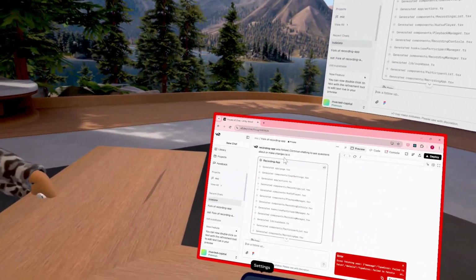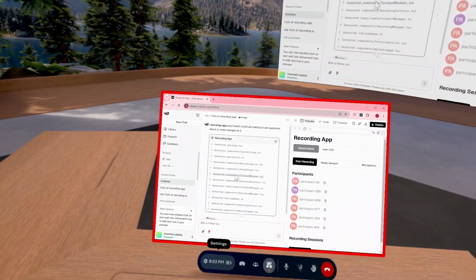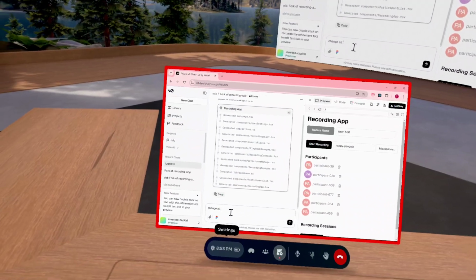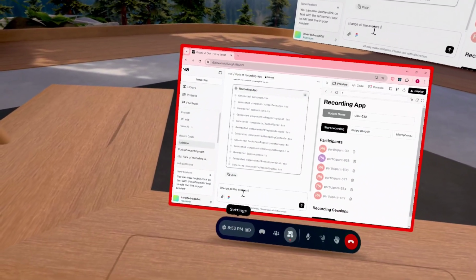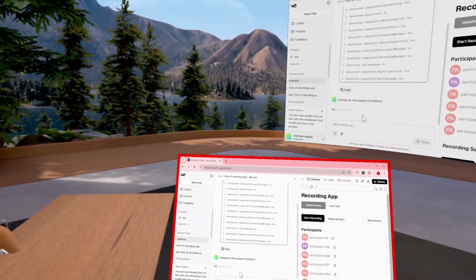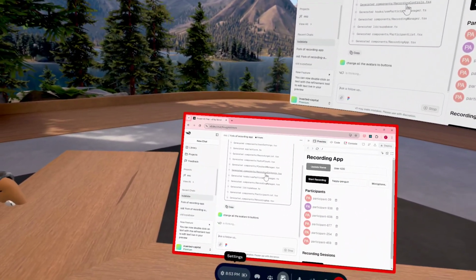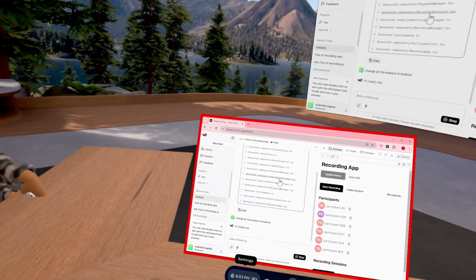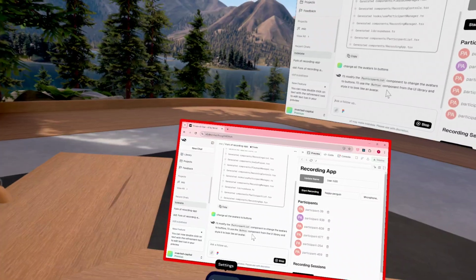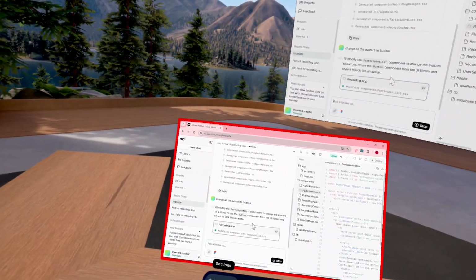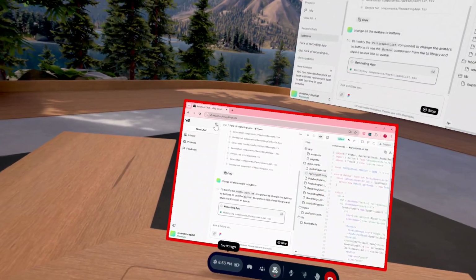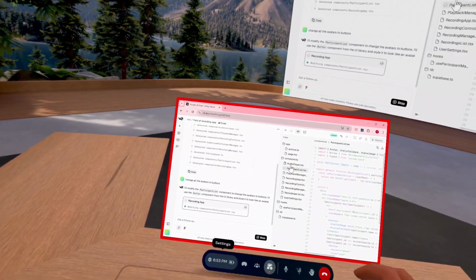So here I forked it and I got this brand new thing. And then I can say something like, change all the avatars to buttons. And then what's cool to watch is that it whirs away, and you can see it building the actual files here.